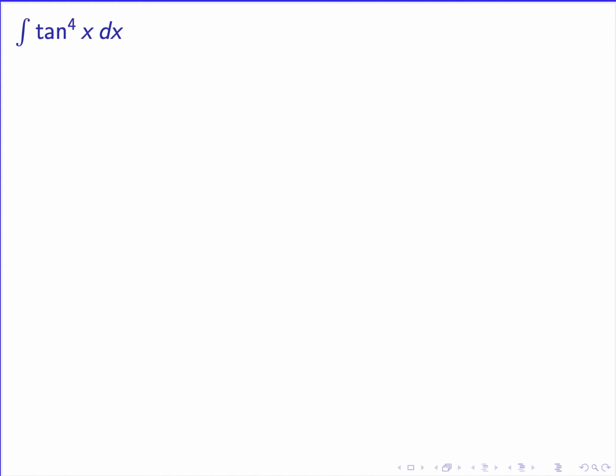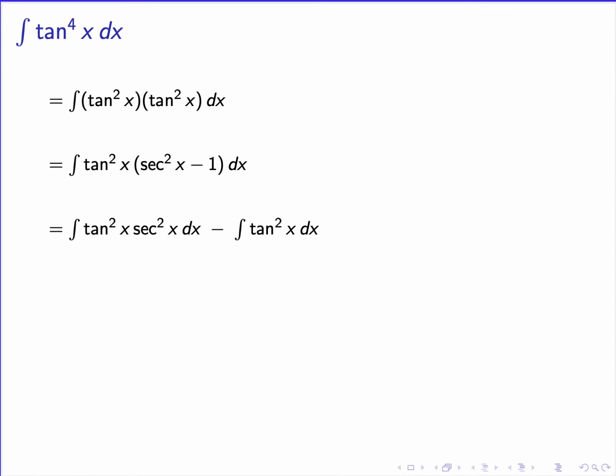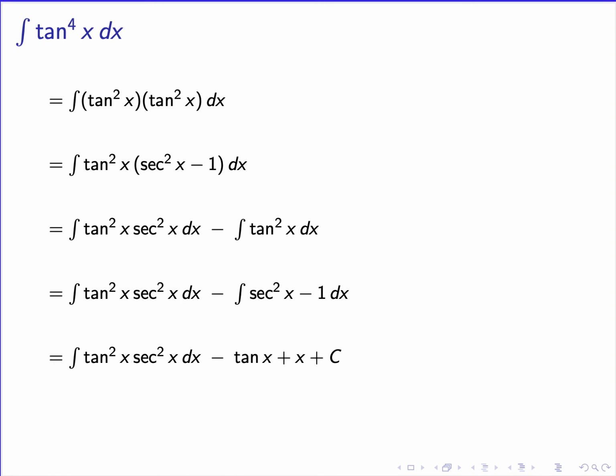All right, tan to the fourth. I think we already did this one in the other video, so we'll just do it quickly. Rewrite it as tan squared times tan squared. Or rewrite one of those things as secant squared minus 1. Distribute the tan through there. Then we get this, and tan squared secant squared